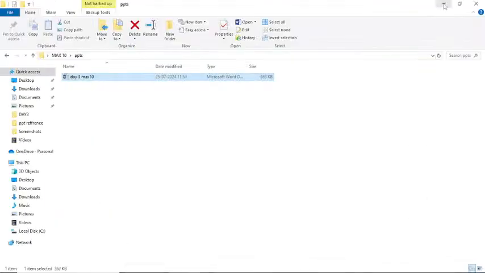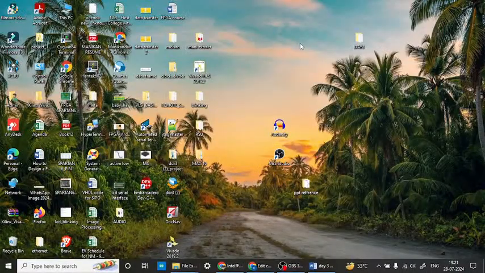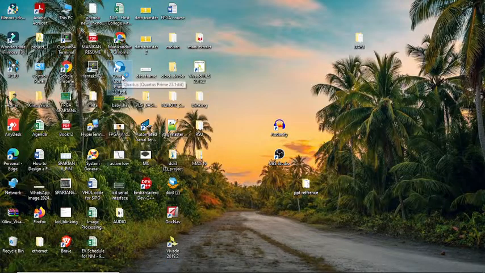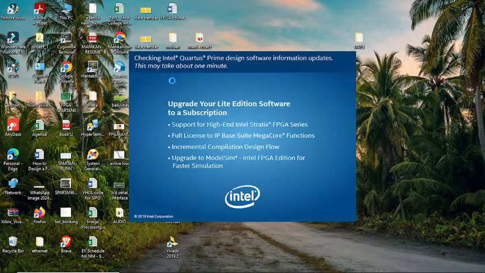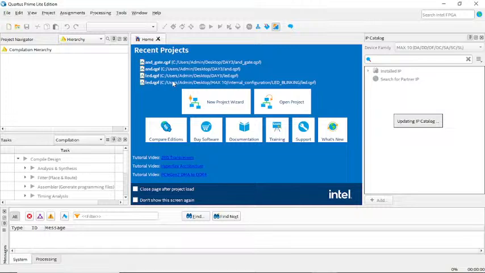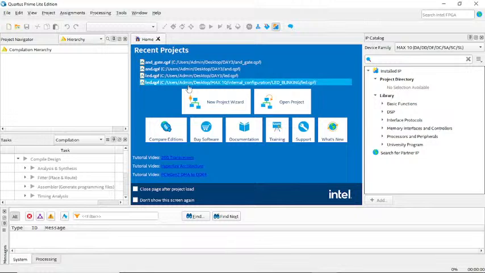you can see an Intel Quartus Prime icon on your desktop. I can also open it. I already installed it, so I'm not installing. You can try and install it yourself. This is the interface of the Intel Quartus Prime Lite edition. I will teach you how to use the tool in the upcoming classes, and then next we will move to